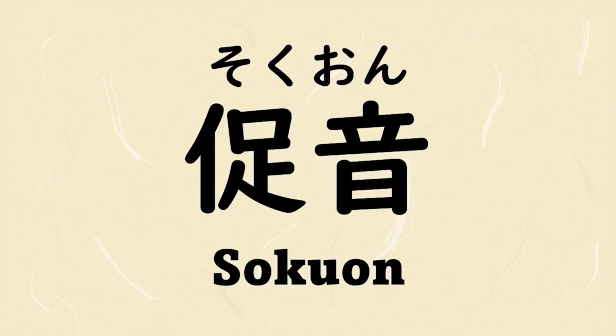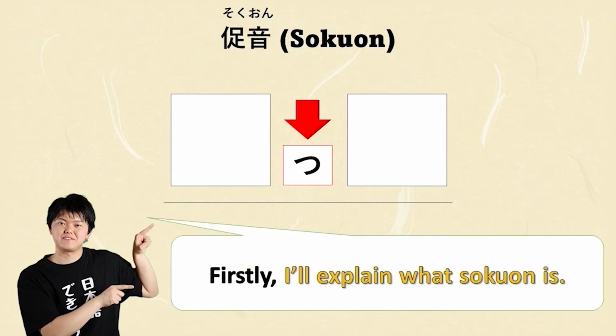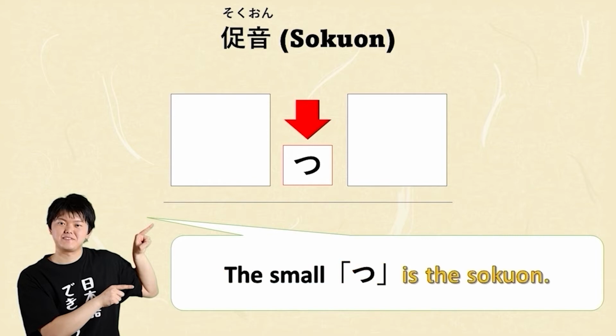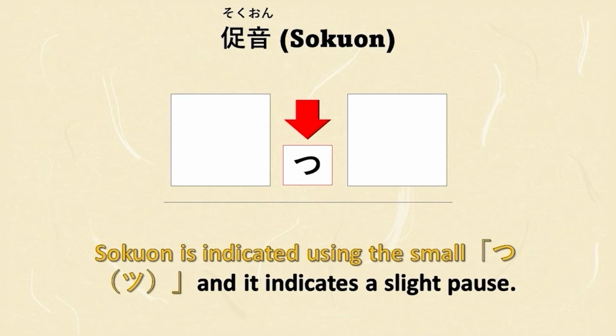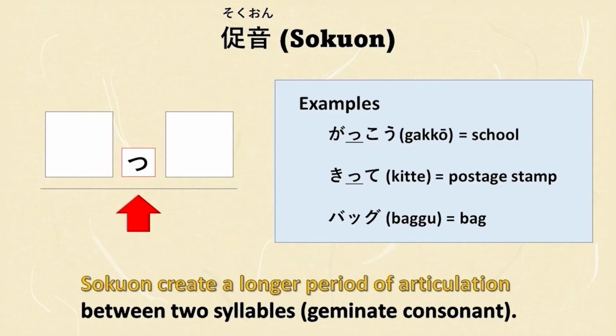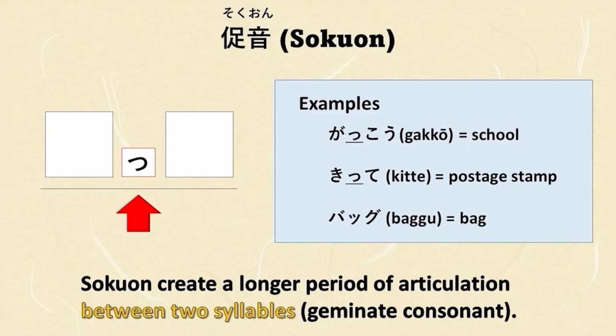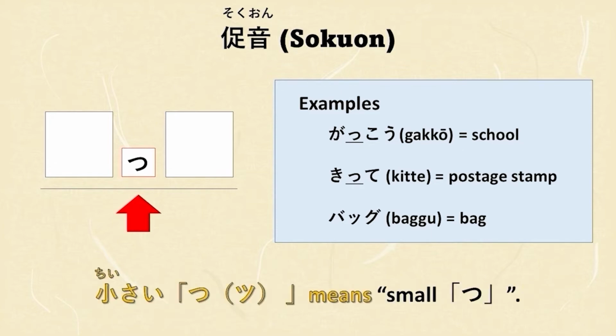促音。Firstly, I'll explain what 促音 is. The small つ is the 促音。促音 is indicated using the small つ and it indicates a slight pause. 促音 creates a longer period of articulation between two syllables. We sometimes call 促音 小さいつ. 小さい means small. つ